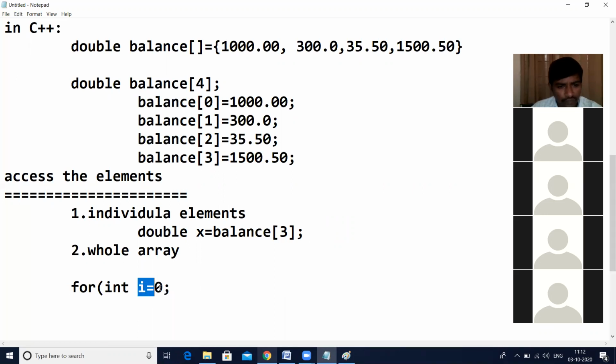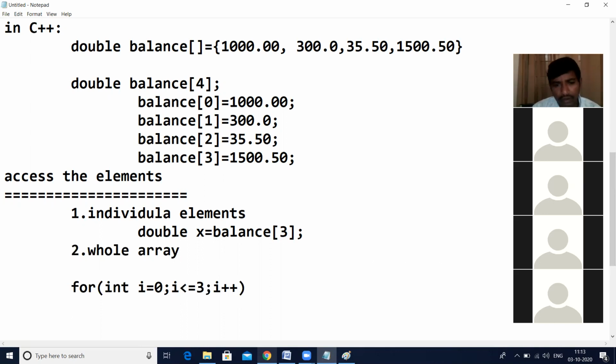So I took the first one as the 0th element, then up to i less than or equal to 3, otherwise i less than 4. That means 0th element, first element, second element, third. The 0th index element, first index element, second index element, third index element. Then i plus plus. Now if you want to print, you can print.